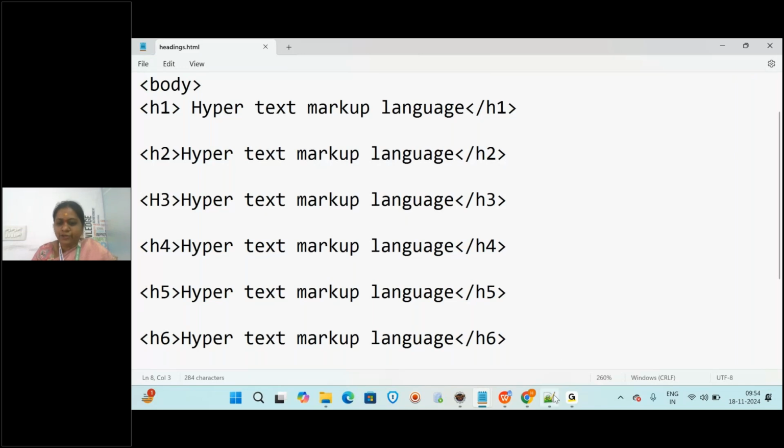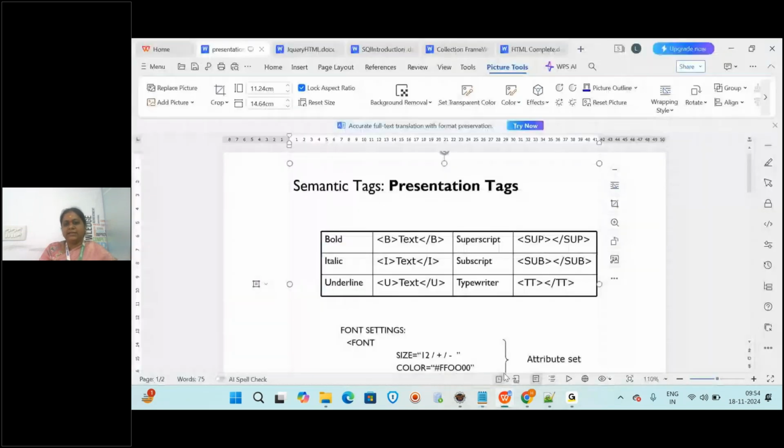So these are the basic tags and heading tags. Next, coming to the presentation tags, which we discussed till here in the last session. Presentation means how the text has to look on the screen. If you want any text in bold, you write it between the B tag. If you give H1, a size is applied also, but you don't want that size. You want normal size but some bold format for the text. And if you want any text in italic style, you give the I tag. If you want underline, you write it between the U tag.